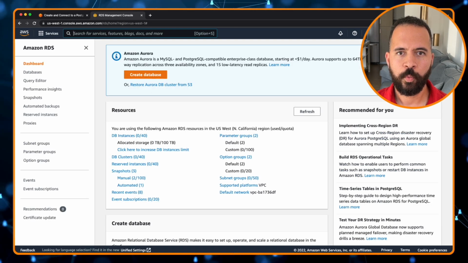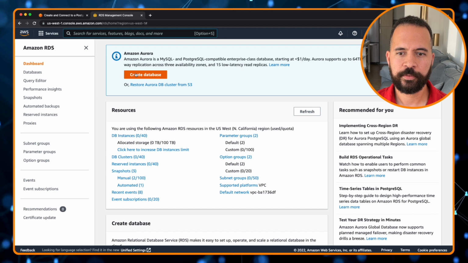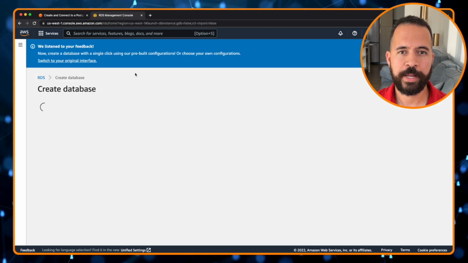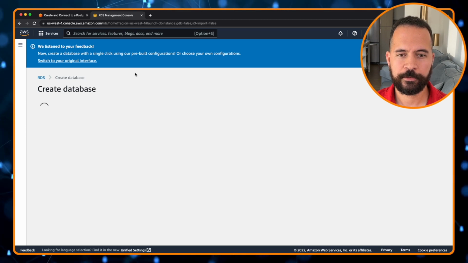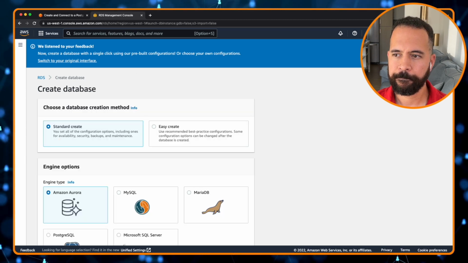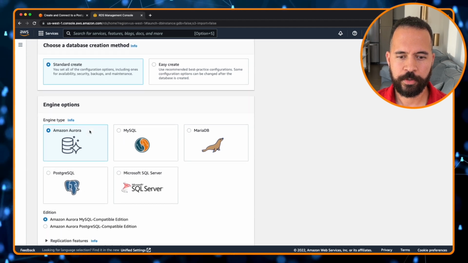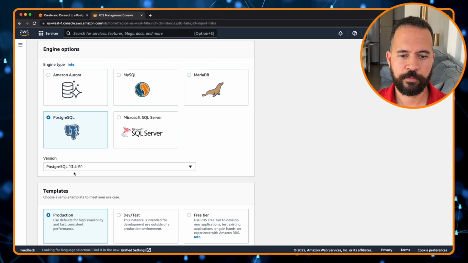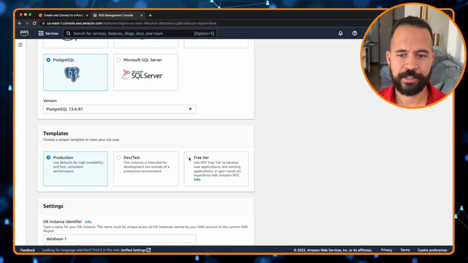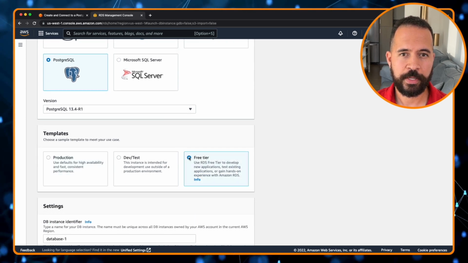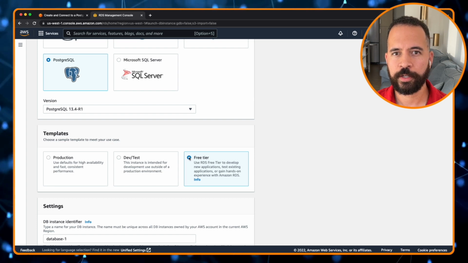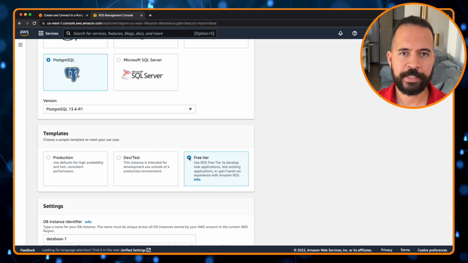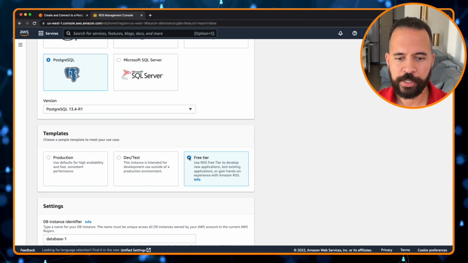Okay, we are going to create a database. Today we will be creating a PostgreSQL database. So we're going to scroll down to PostgreSQL. I'm going to go with this default version here, and I'm going to select free tier because I want to be cognizant of those of you who are on AWS free tier. So the resources in free tier will be selected so you can minimize any charges that you would get for